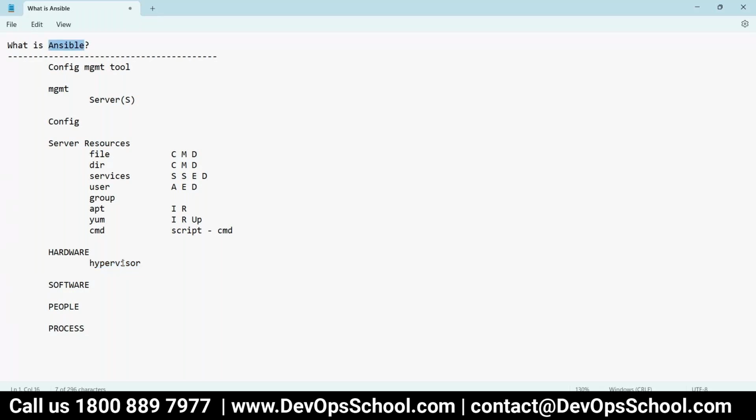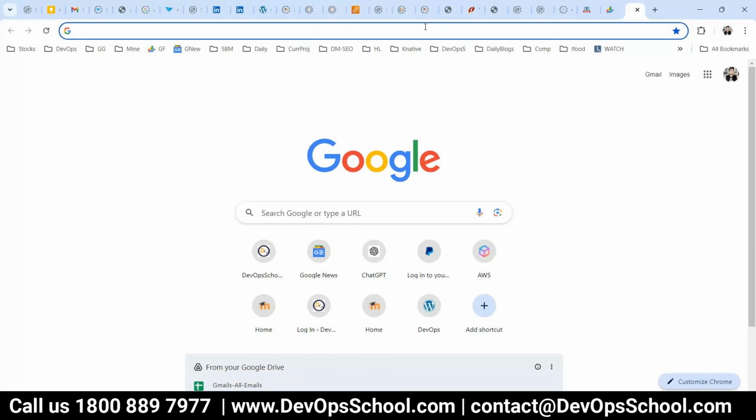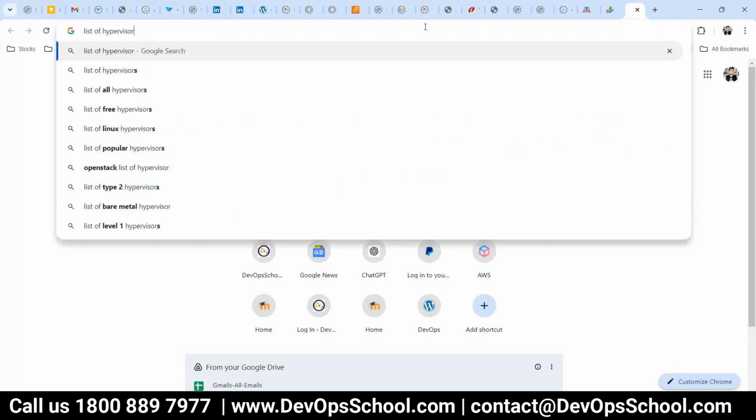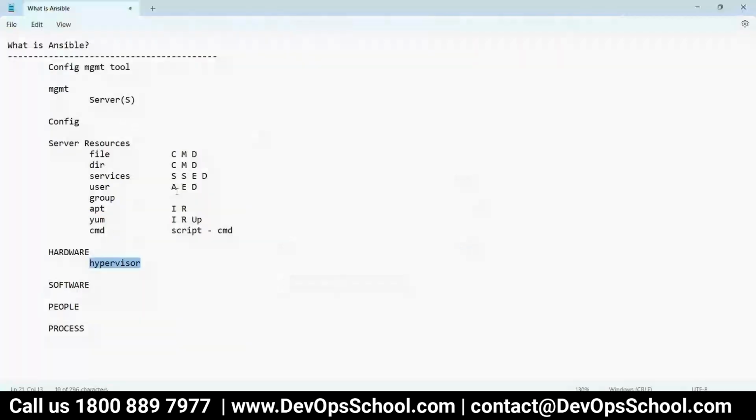I think he's talking about bare metal machines, not something that you put a hypervisor on top of. Okay, so bare metal means there's no operating system. In that case, you have to remember the network. Ansible can do the network call, and through the network it can be managed.